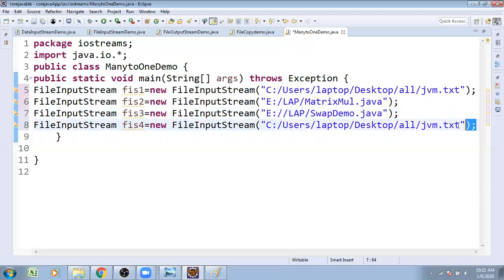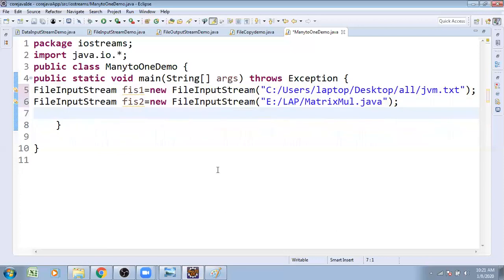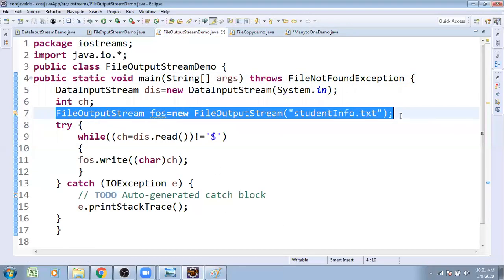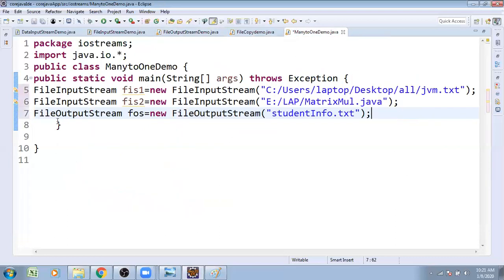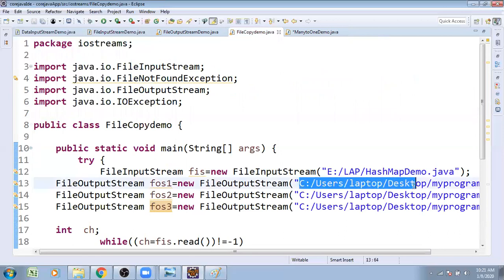For example purposes, three files. I wanted to generate the output into one file. That file name is some file name. FileOutputStream fos = new FileOutputStream(). Here I wanted to generate the output on the desktop location.